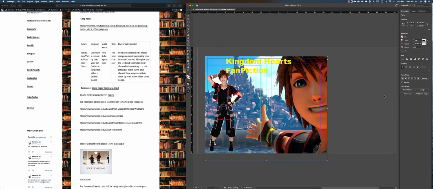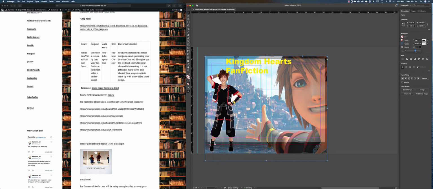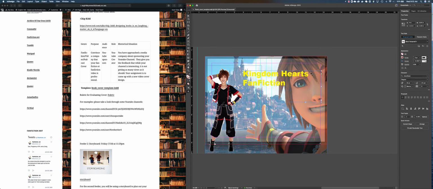And you can start to mess with stuff like opacity of the background, right? I can make the background a little opaque, so it really makes this text pop some more, right?